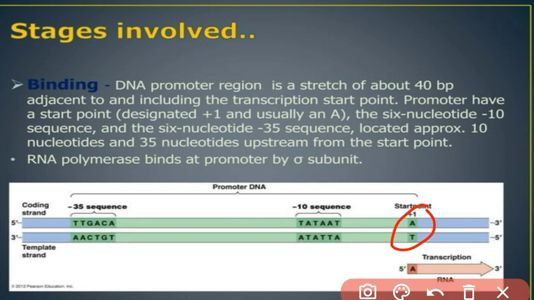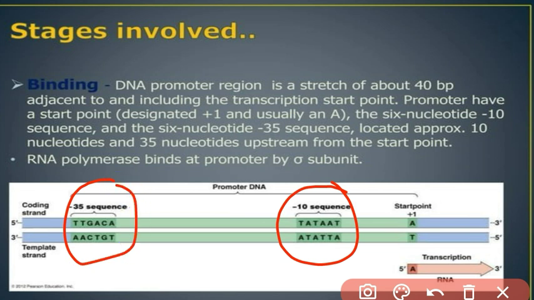At upstream, or at the -10 and -35 regions, here we can see that the -10 sequence and the -35 sequence are upstream of the start point, and as they are upstream they are given the numbers -10 and -35. These sequences are consensus sequences. At the -10 and -35 regions upstream of the initiation site,